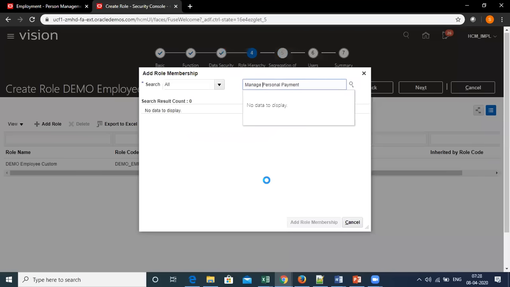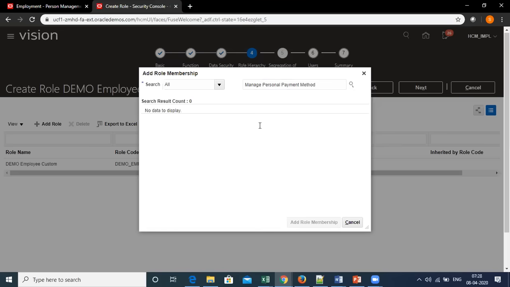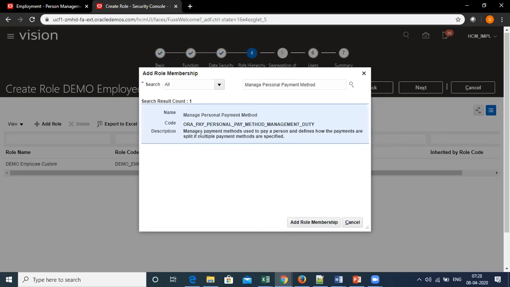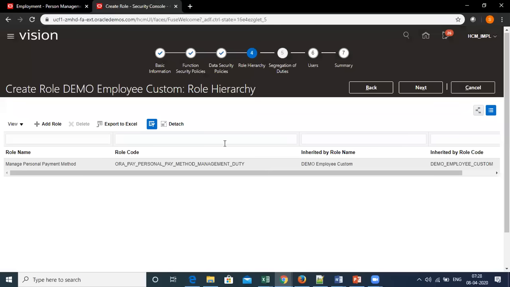So manage personal payment method duty. I select the duty, and as it says, manages personal payment method used to pay a person, and defines how the payments are split if multiple methods are specified. So a description has been provided. Let me just add this role to the custom role. So this duty has been added.